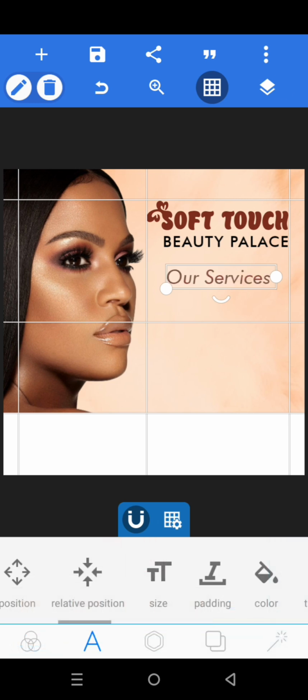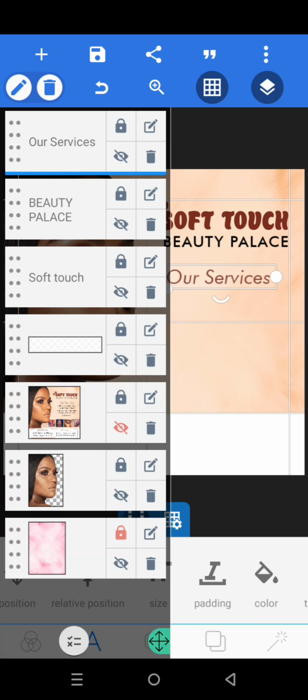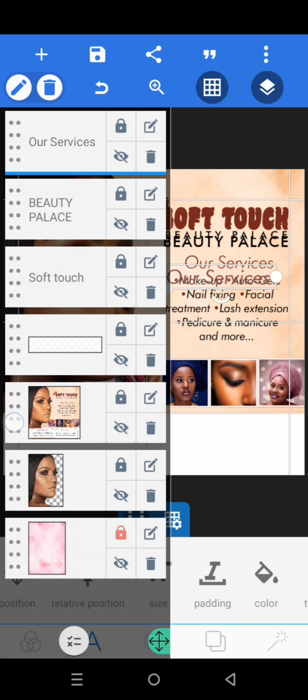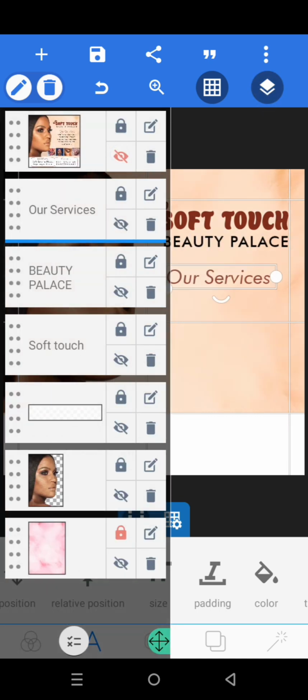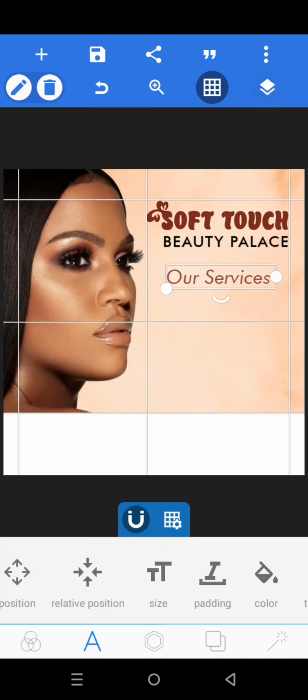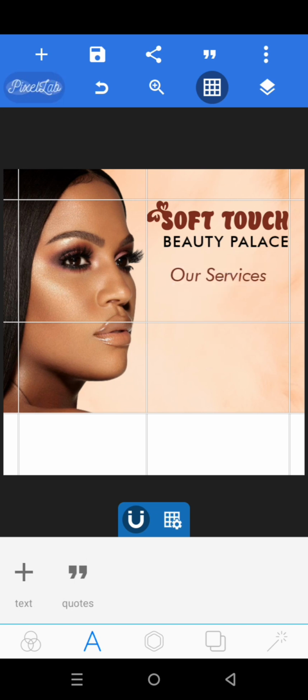Let's see the color. Oh, okay. I used the same color for our services. Yes. So let me hide this one and lock it. So just make sure it's not too big. Place it somewhere around this place. As you can see,